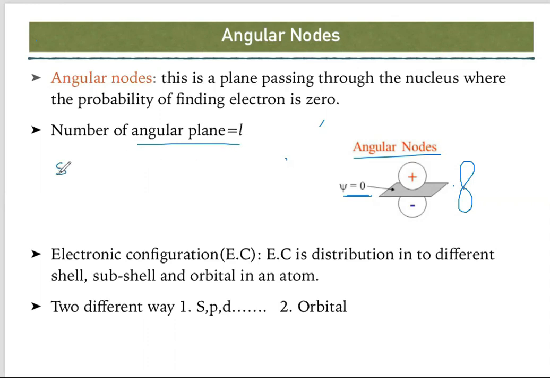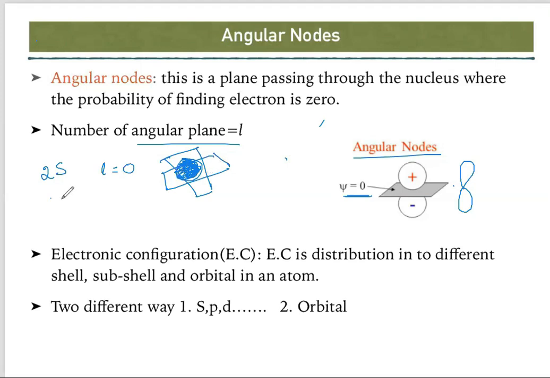So we can say that for 2s, what is the value of L? L is equal to 0. So that means 2s has 0 angular nodes. Yes. How can you know? As we know, 2s is spherical. So can you find one plane passing through this sphere? This is a complete sphere. Okay. Passing through this complete sphere where you won't find any electron density is not possible, because any plane you think of that passes through this sphere is going to give us electron density, right? So you take any plane, you cross it, you will get electron density.